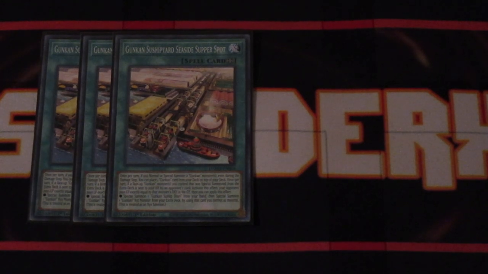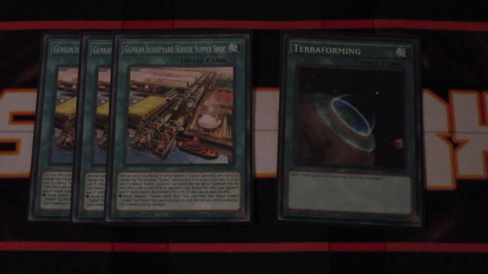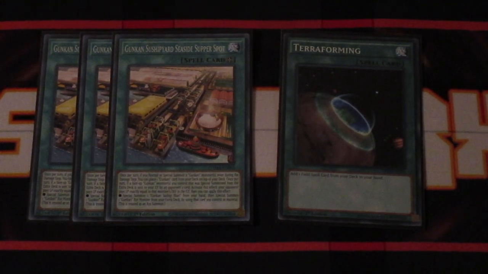Next up, we got 3 copies of the Gunkin Suship Seaside Supper Site, and 1 copy of Terraforming. So essentially you're running 4 copies of this field spell. Anytime when you summon a Suship monster on the field while this card's face up, you can actually take a Suship monster, specifically Shari, and place it on the top of your deck. Alright, this combined with a card can actually get you your Shari into hand,